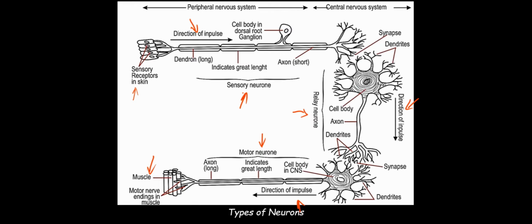So, these are the different types of neuron that we have. However, there can also be mixed neurons. A mixed neuron is a neuron that has both sensory and motor function. The mixed neurons are also known as mixed nerves. All the nerves connected to the spinal cord are mixed nerves, and there are 31 in number in man. We have looked at the neuron and its different types. Let us talk